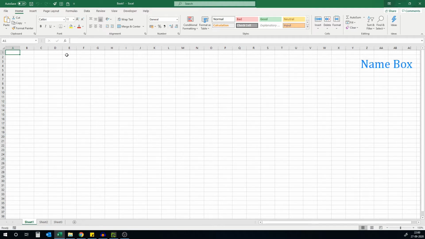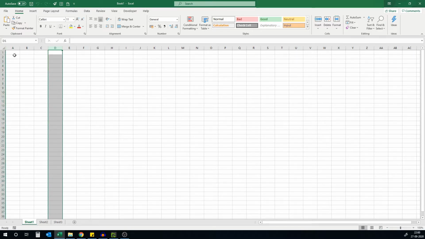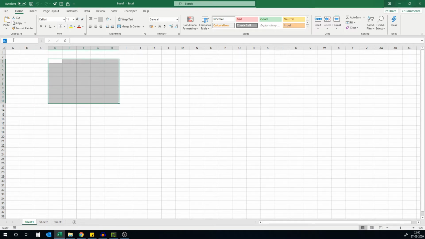Next, we have the name box that displays the address of the cell you are in. A cell is an intersection of a column and a row. You can use arrow keys on your keyboard to move around in the worksheet. Each cell has a unique cell address. The alphabet denotes the name of the column, and the number denotes the number of the row in which the active cell is located. It is also possible to select a group of cells in a sheet and assign a name to it in the name box. This can later be used to call the selected group of cells.